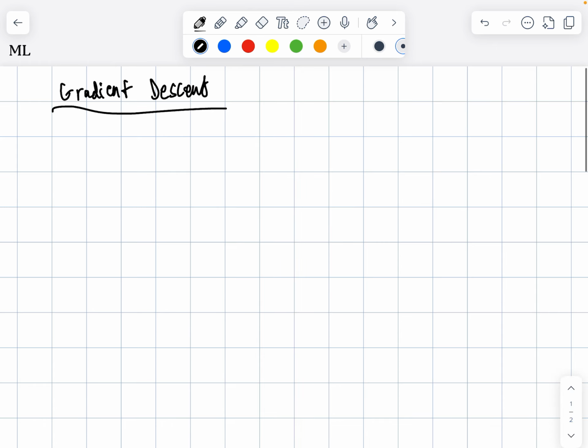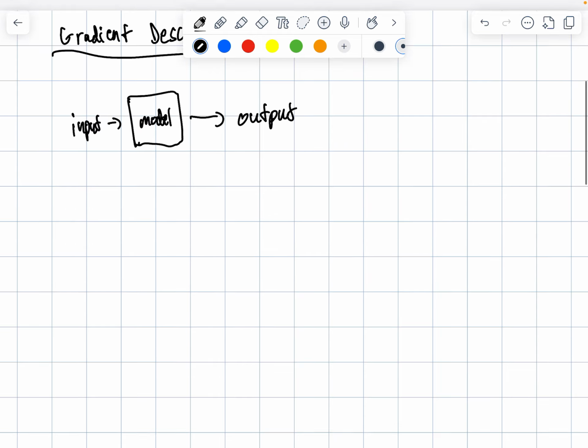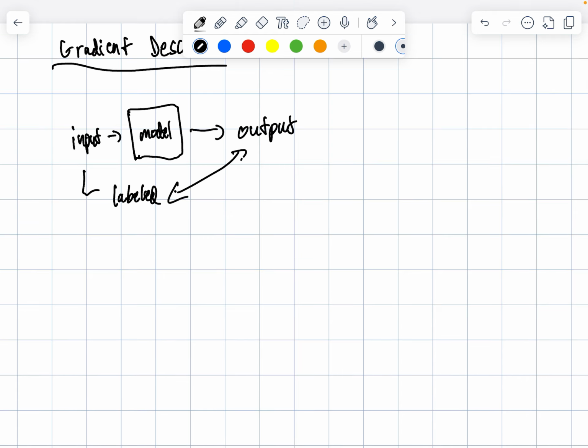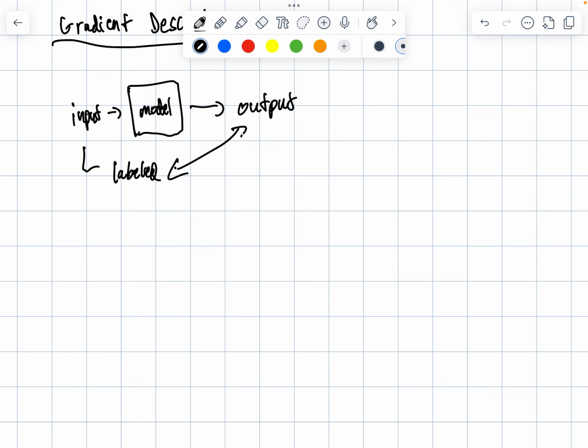So the starting point is, let's say we have a model, and we give it an input, and then we get the model's predicted output, right? Whether it's supervised or unsupervised, there is some form of labeled data, or we know the required output which we can then compare with the model's output. So we calculate the difference between the